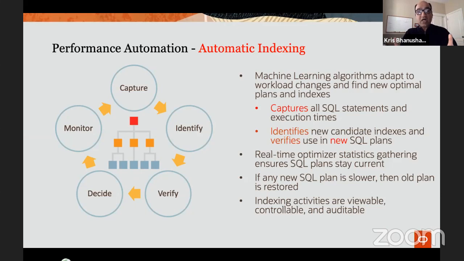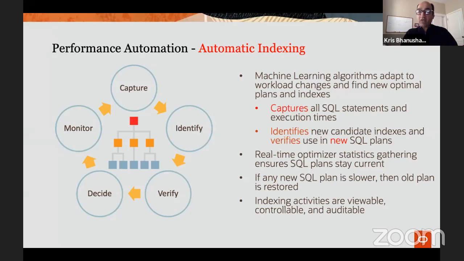Both of these issues are solved with automatic indexing, where the ML algorithms keep track of the workload, are able to detect if a particular SQL statement would work better with a particular index, and give that control to you, whether you would allow the system to automatically create that index or simply report on it so that you can manually create it, until you build that confidence that the system actually does a decent job of creating the right set of indexes. So it eventually gets you there. But the point being that the entire index management is something that the machine does.